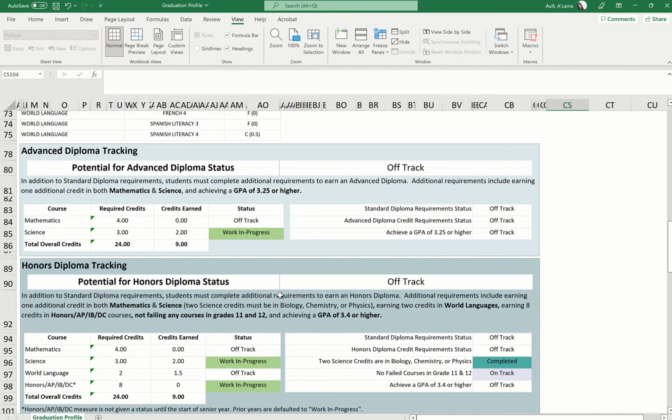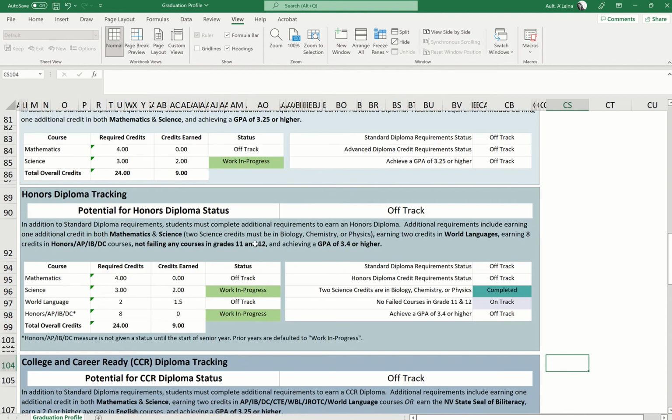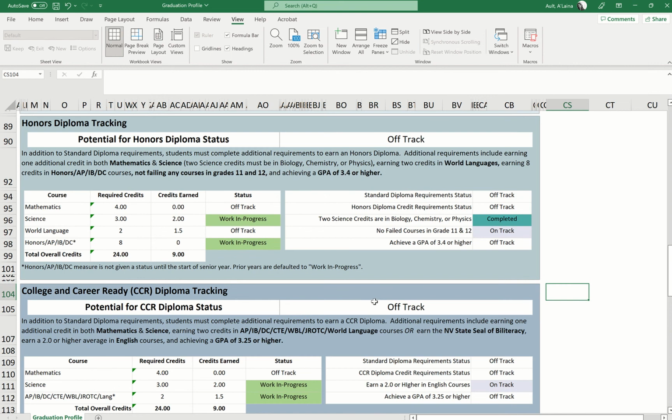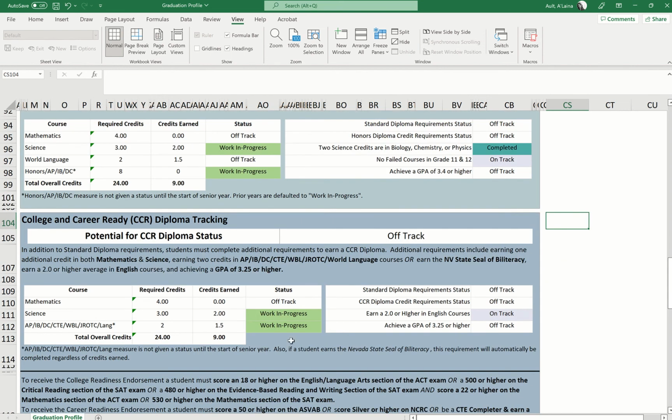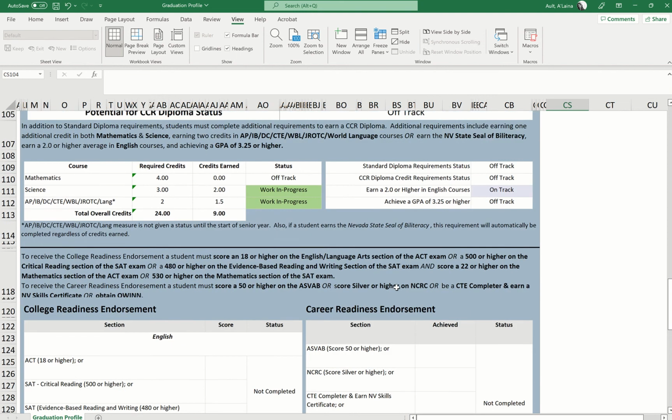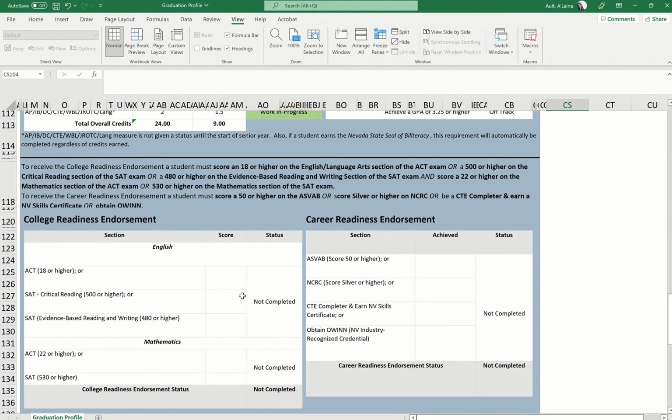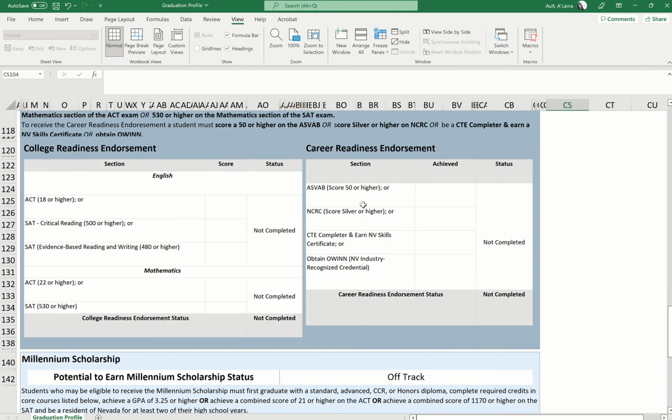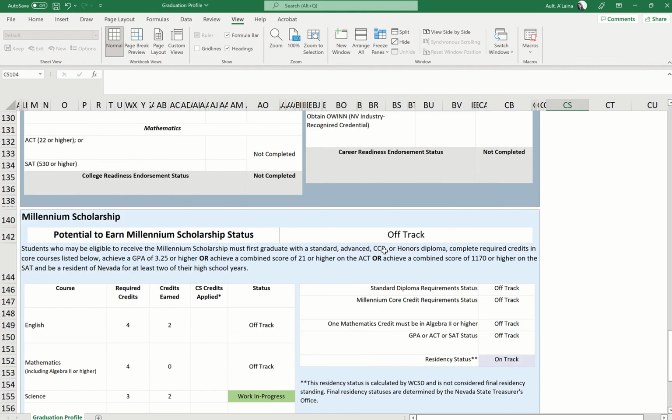This will also tell you if the student has potential for an advanced diploma. The student is not really on track for that, but has done well in the science. So science is on track for that. Same thing with an honors diploma, what they've had completed, what maybe they are working on so far. Career and college readiness, where they're off for that, and what's on track and what's going well. It will also tell them college readiness. This student has not yet taken the ACT, so there's not information here. Whether or not they've taken the ASVAB or some of the CTE certificates,